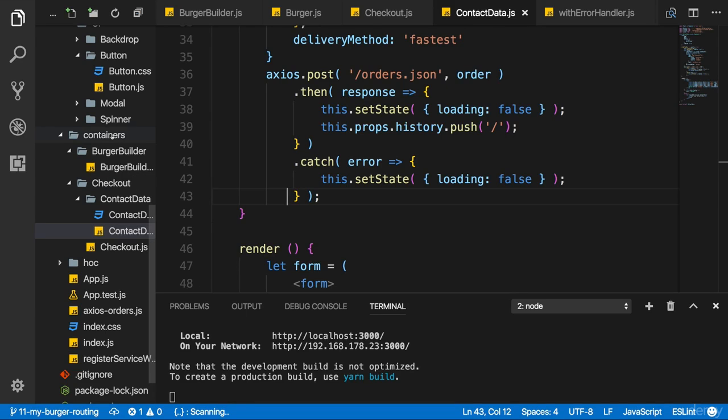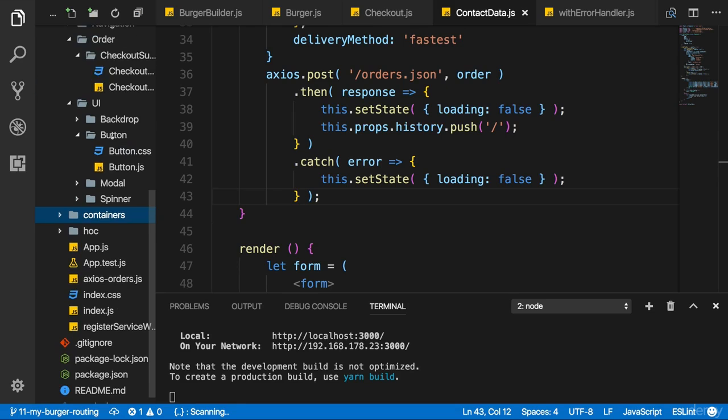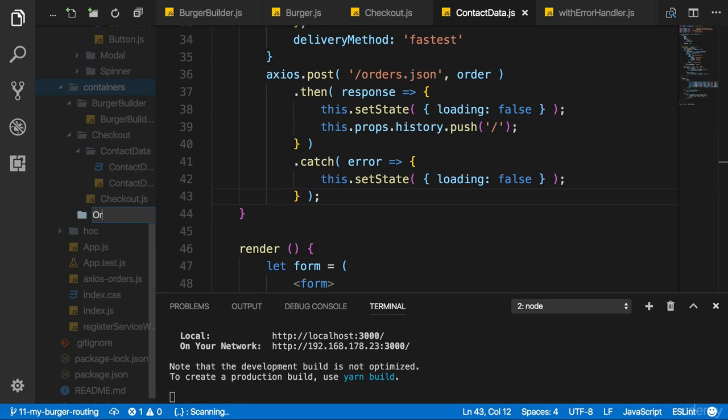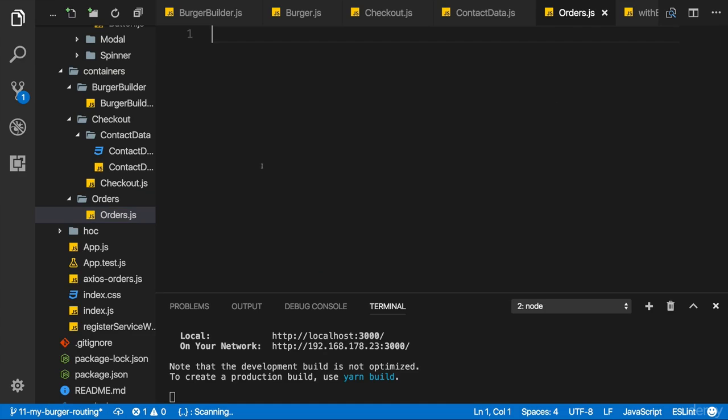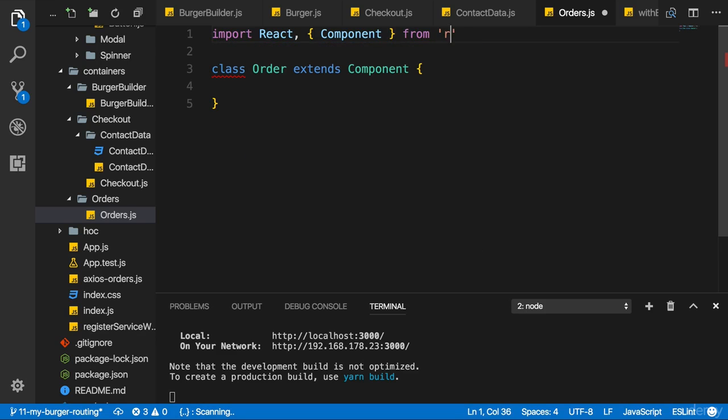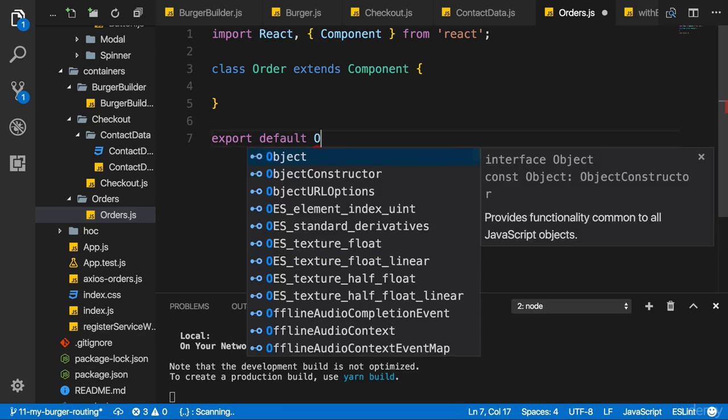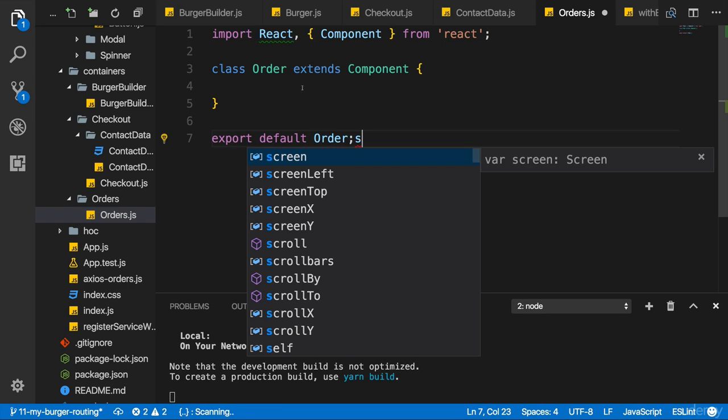Let's work on the My Orders page, and for that I'll create a new folder in the Containers folder. I'll name it Orders, and in there I will obviously create an orders.js file, which is the container for the orders. This will be created with the class keyword. Class Orders extends Component is the code I want to write there. And in there, I'll import React and Component to be able to create the component in this way. And then I'll export this Orders class